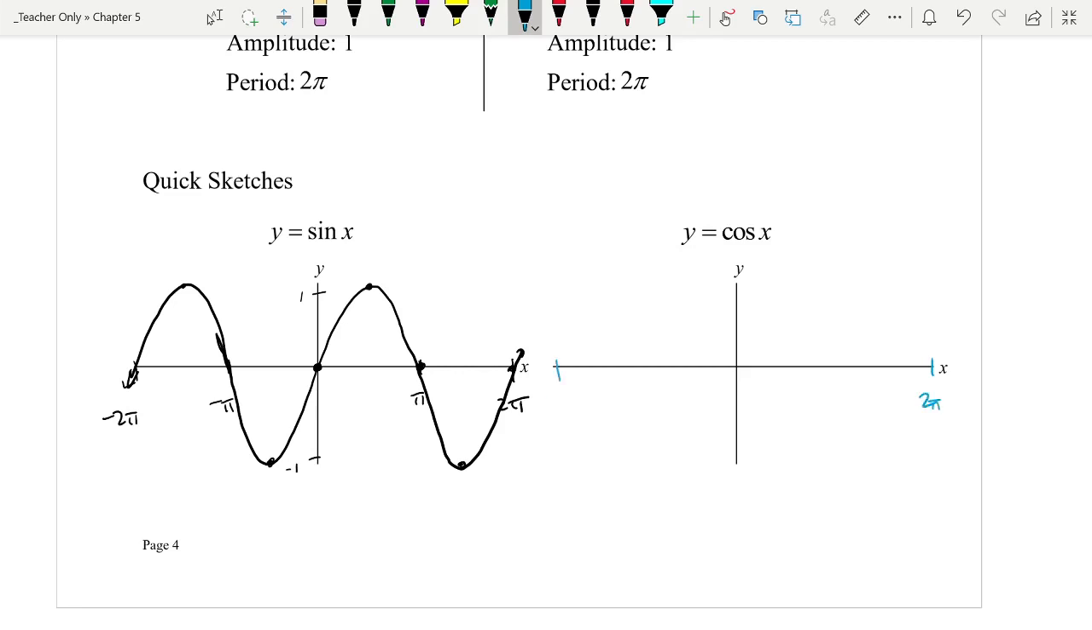And then cosine. Let's put the same grid on it. 2 pi there, negative 2 pi there, which means halfway is 1 pi, and halfway is negative 1 pi, and then that's 1 and negative 1. Cosine starts at 1, right? And then it would hit 0 at the halfway mark, and it would be down to its minimum there. So down,